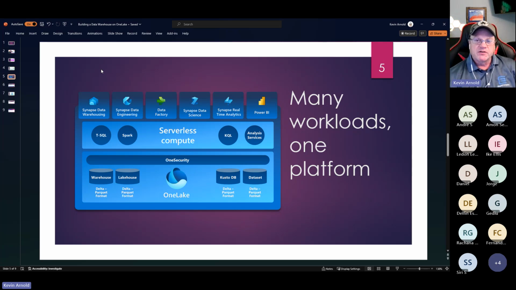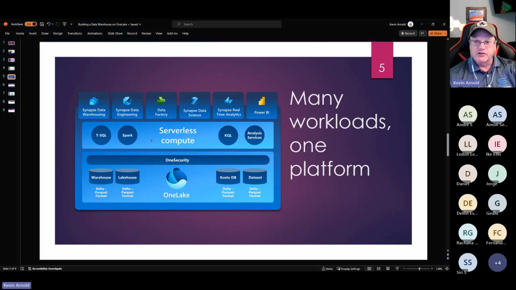Now, what happens is when we're producing these Delta Parquet files, we come through a compute layer. And so I'm going to turn back on my little pointer here. For warehousing, we come through this T-SQL layer and get it landed into a warehouse for write mode.